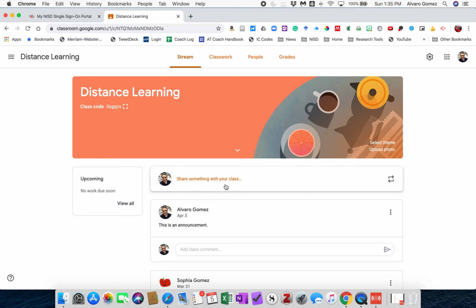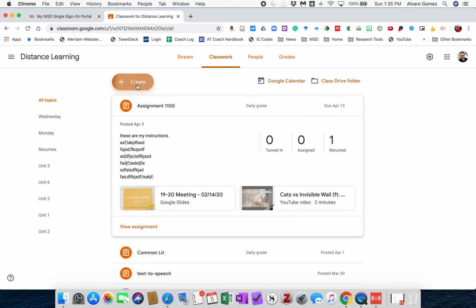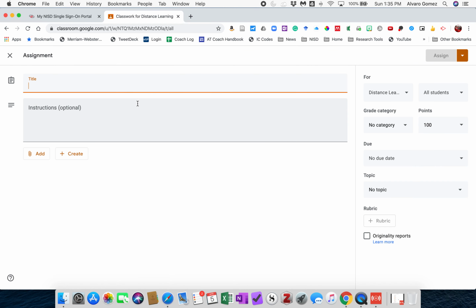From the desktop, the only way you can really do that, I'm going to go into the classwork, create an assignment. The only way you could really do it is if you had the image in your Google Drive already. So maybe you took the picture from your iPad or from your iPhone and you added it to your Google Drive. You can do it that way, or you can just download the app on your